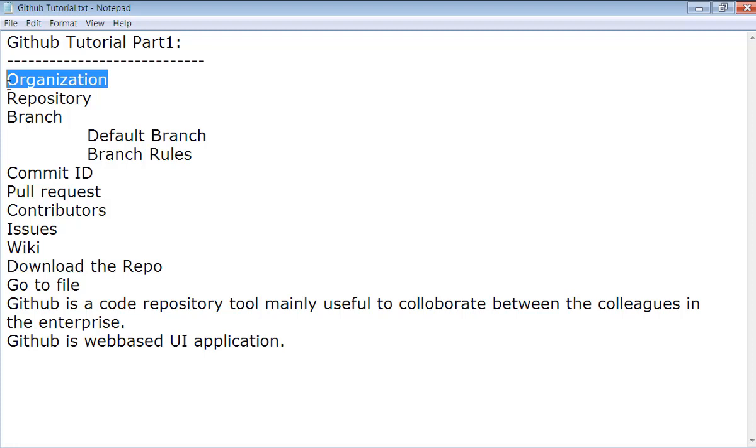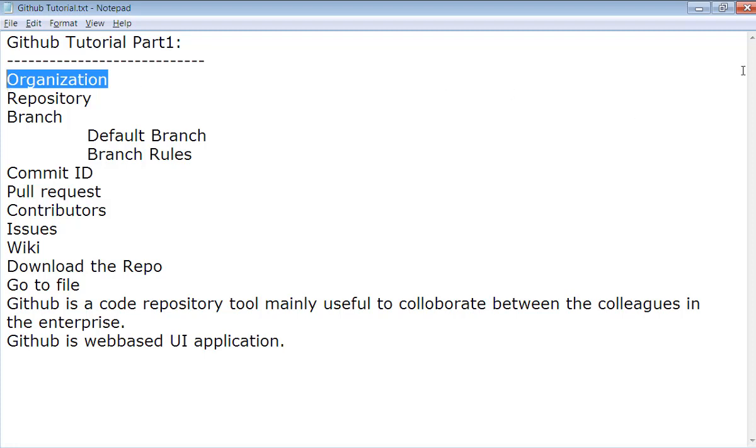Within the organization, we can have multiple repositories. A repository is the identification of a particular project. Suppose in an organization, say ABC, you can have multiple projects. All these projects have different repositories. We can maintain different repositories under one organization.